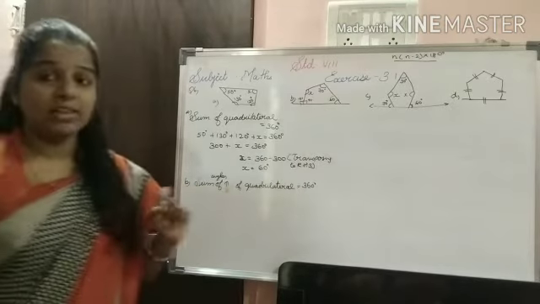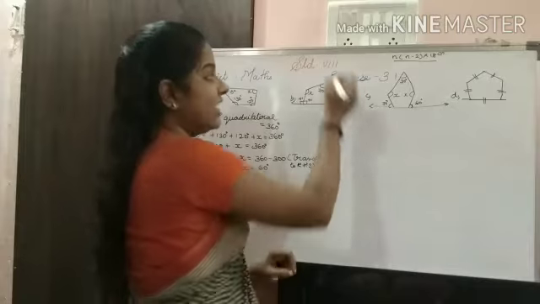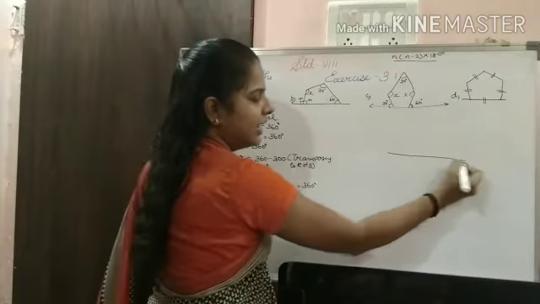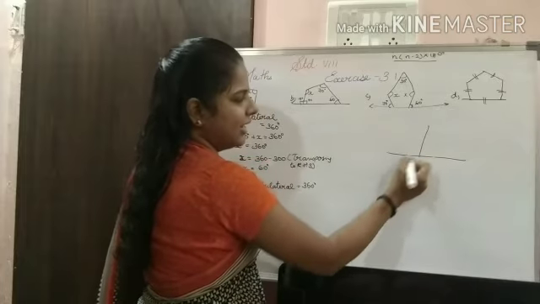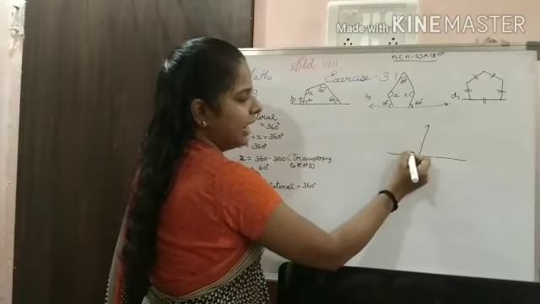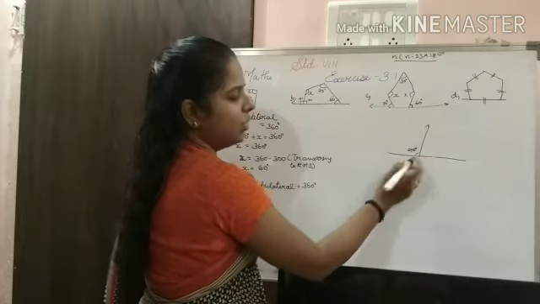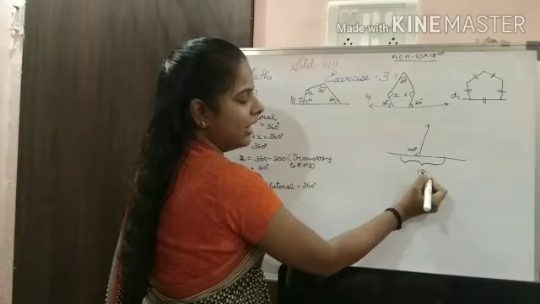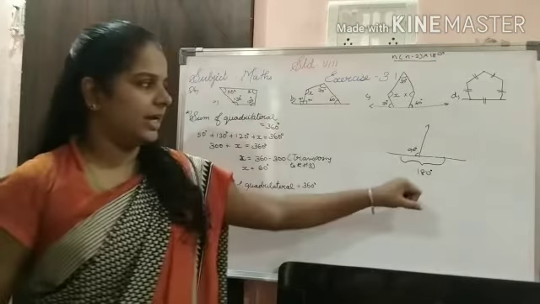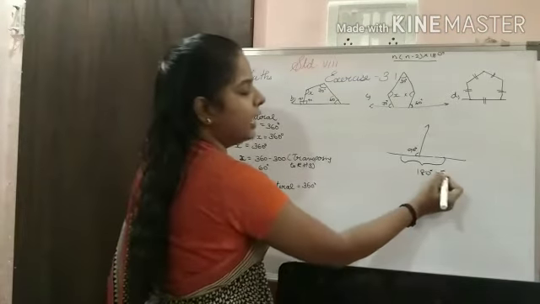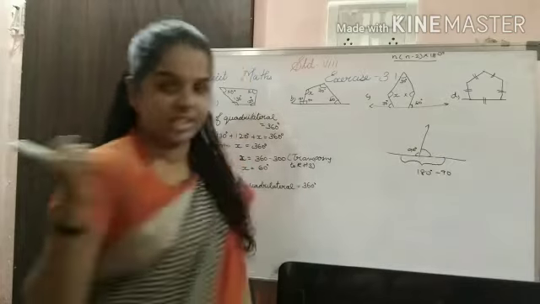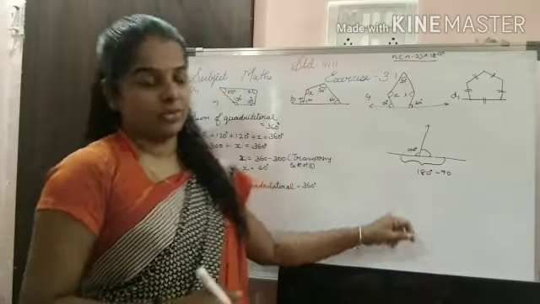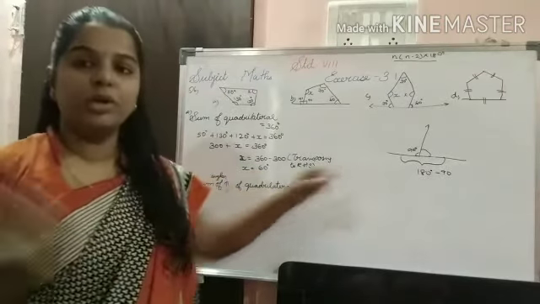And in the last year you might have studied about the linear angle. A linear angle: if this is the line, one straight line is there, so this angle will be 90 degrees. The angle of one straight line will be 180 degrees. So from 180 degrees you subtract 90, and you get the other angle. You had studied this in the previous class, and we are going to use it here.